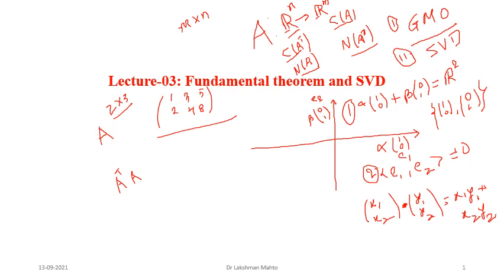If you look at A transpose A, what is the size of this? The size would be 3 by 3. So it is a square matrix. Now, do you face any problem calculating the eigenvalue and eigenvector of A transpose A? Are you going to face any problem or not? Anyone respond? Yes or no, just a binary answer.